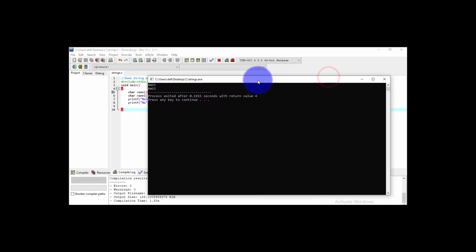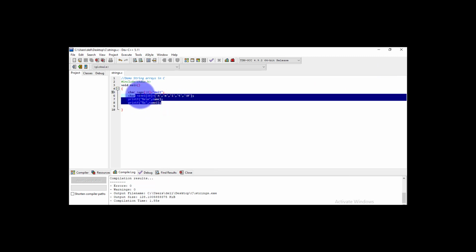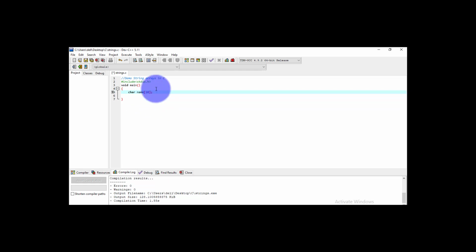Now in this next program, I am going to read the value through the keyboard into the array. So for that I have to use the scanf function. What I am going to do is delete all these lines from here to here and put the semicolon here. This time I have declared the array with the name name, and to that I have given the size 10.